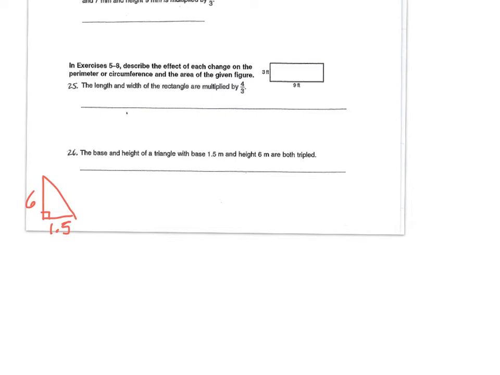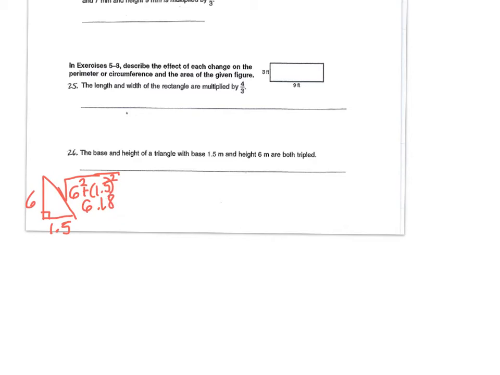The Pythagorean theorem, that's right. So the Pythagorean theorem is a squared plus b squared equal to c squared, right? Which is going to be 6 squared plus 1.5 quantity squared. And then you put that in the calculator. When you put that, that would be